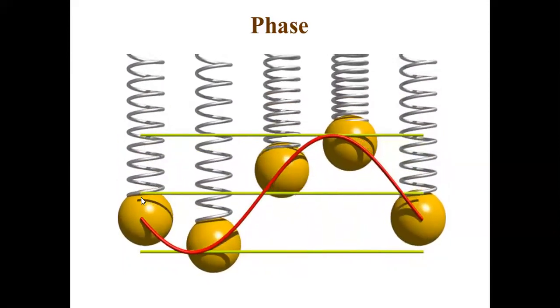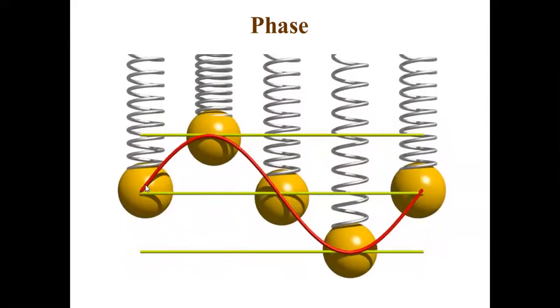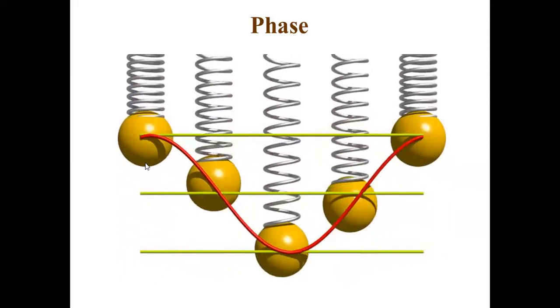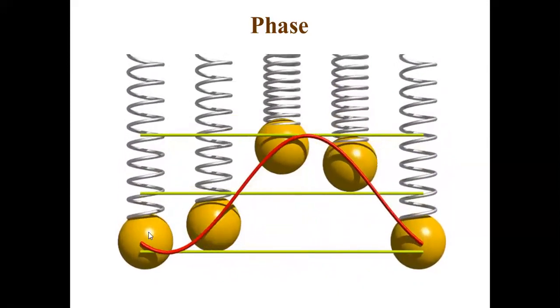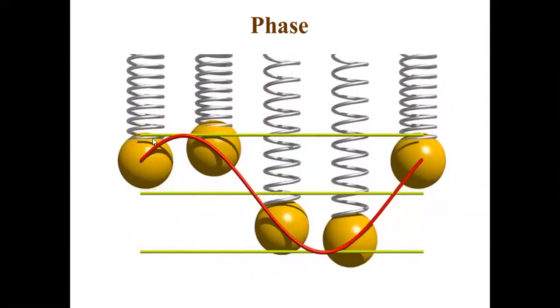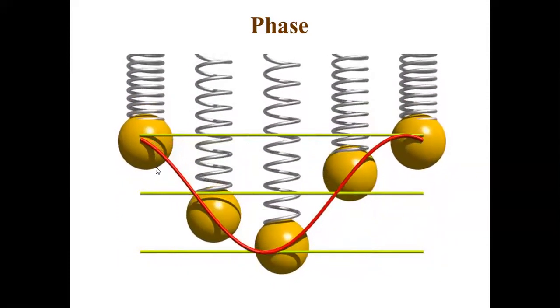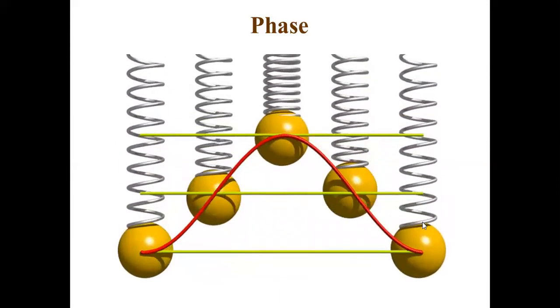Say we will start from here. Let it come here. When this molecule comes here, now we will start it. This completes the first oscillation like this, and it comes up and it comes down. Now this vibration will be copied by this one a little bit later. This will also vibrate in a similar phase.